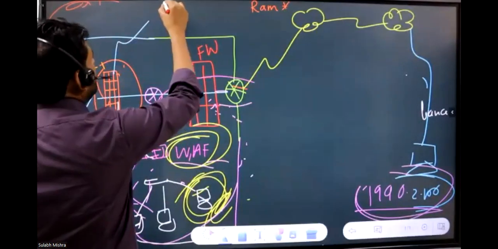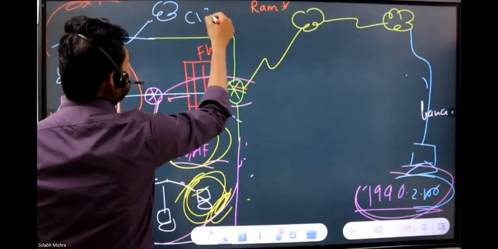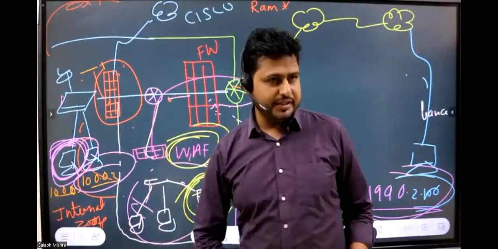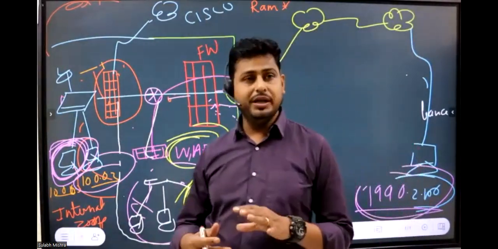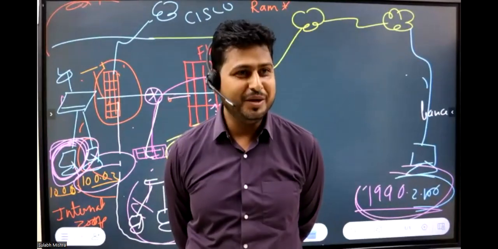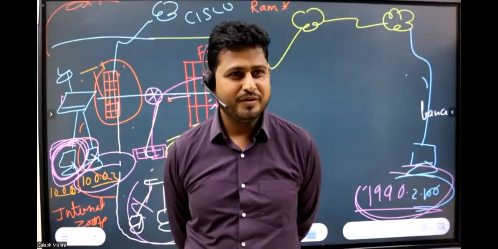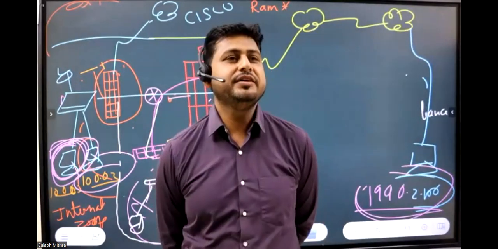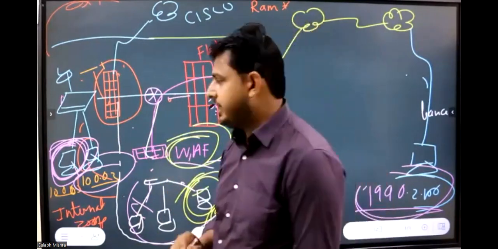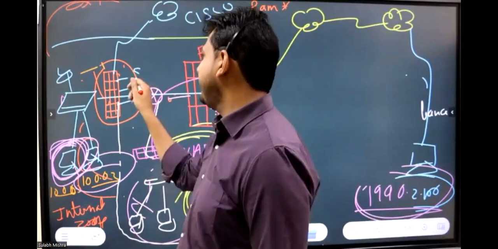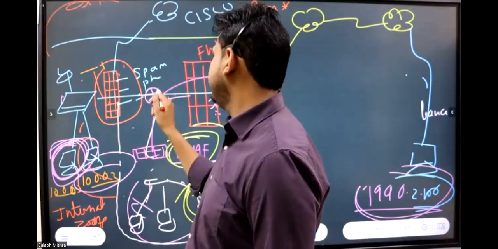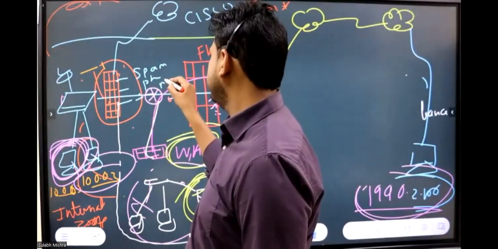Yes or no? The Cisco R&D team is sitting at the Cisco cloud. The Cisco cloud team will do the research on which email IDs and domains are involved in sending phishing email, spam email, and malware email. Understand? So this team will do the research, collect the information, and categorize it. In the email gateway, you'll have default categories such as spam, phishing, malware, spoofed,